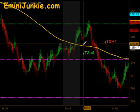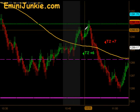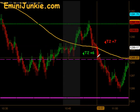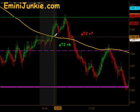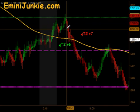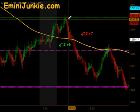Now this was a high risk trade to take. It was only a 6 tick opportunity to the upside. It went up, found resistance at the open, and then came down on a quick extension to the downside, T1 and T2 for 7 ticks. So taking that long there, I advised against it just because the risk reward was not there, and with the downward pressure on the market, there was an extension opportunity,